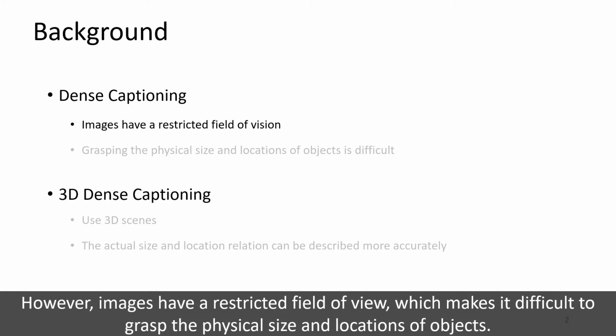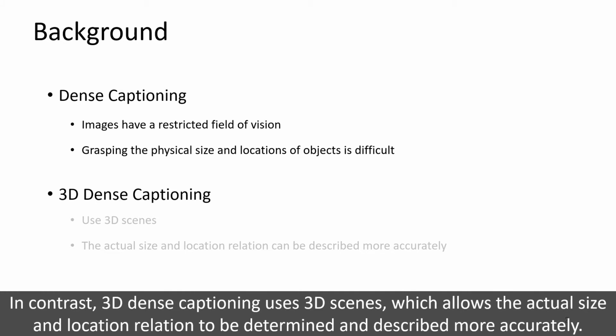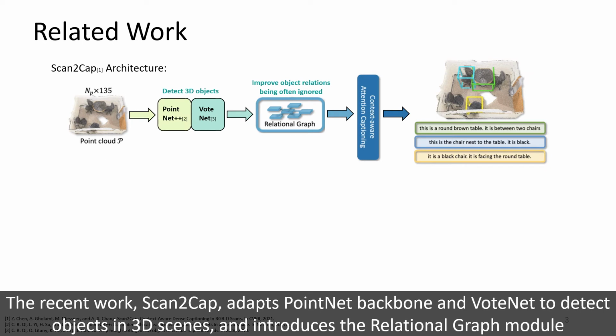However, images have a restricted field of view, which makes it difficult to grasp the physical size and locations of objects. In contrast, 3D dense captioning uses 3D scenes, which allows the actual size and location relation to be determined and described more accurately. The recent work, ScantoCap, adopts a PointNet backbone and VoteNet to detect objects in 3D scenes, and